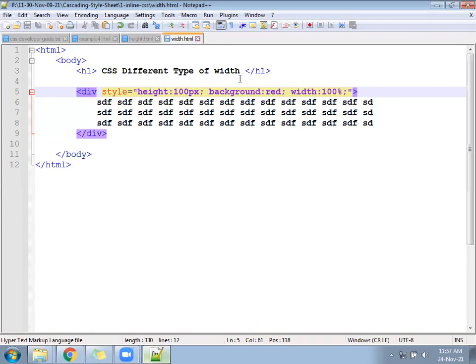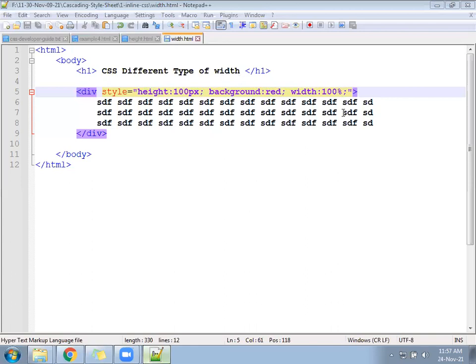Does any scroller appear now? Now there should not be any kind of scroller. Clear? So which one is the best now? Percentage or pixel? Percentage.